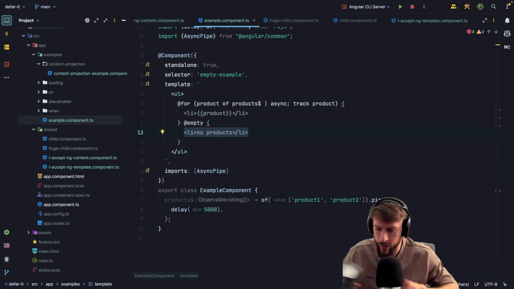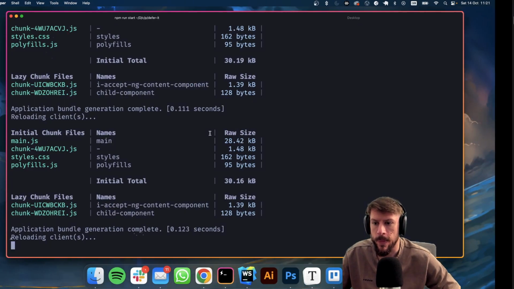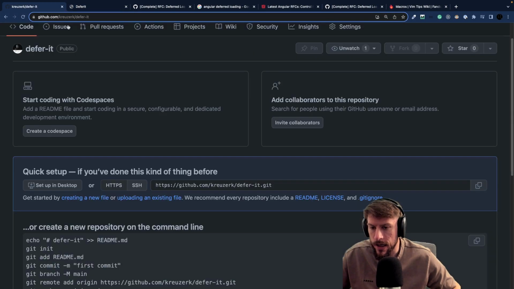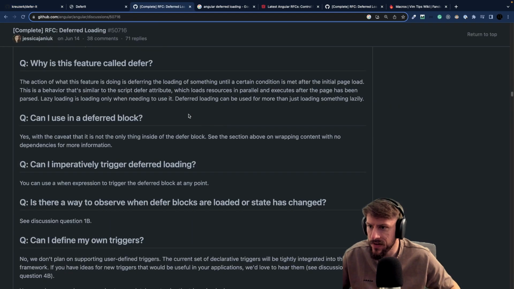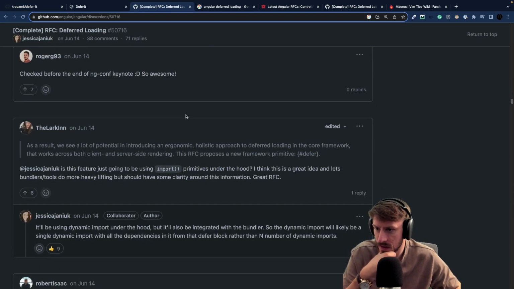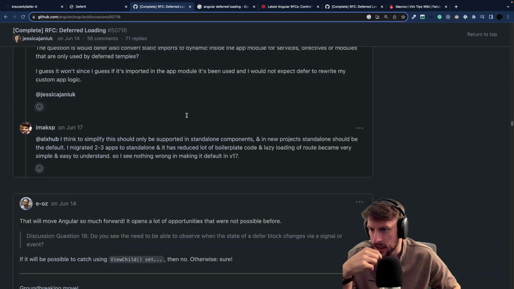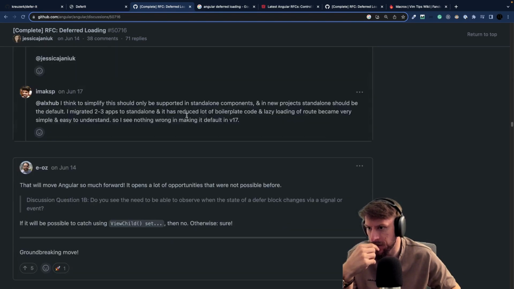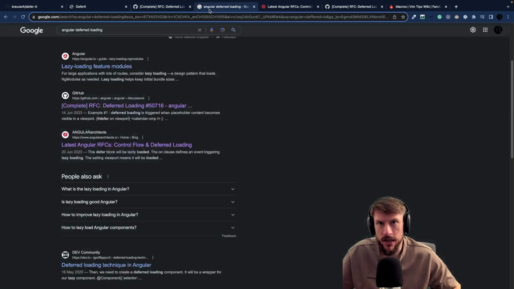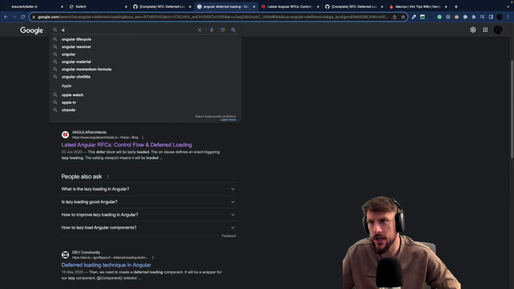And therefore I think we will need the if check anyway. And yeah, I think that defer here could make really sense, especially if we start with hydration. I see it going into the direction of Astro Islands. Like, if you ever checked,